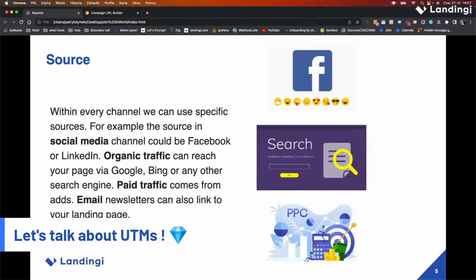However, you can use Bing or any other search engine, really. Paid traffic comes from banners, ads, etc., and you can use newsletters in the email channel. So every one of these sources can drive traffic to your landing page. These are just the major examples of usage of the source parameter, to show you an example and the most frequent use.